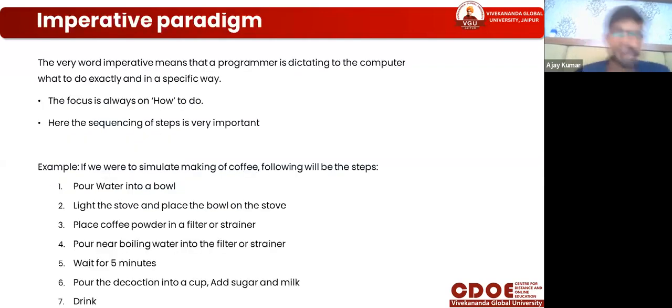There are examples. Please read those examples. I will talk about them, what they are trying to say. There are examples: pour water into a bowl.